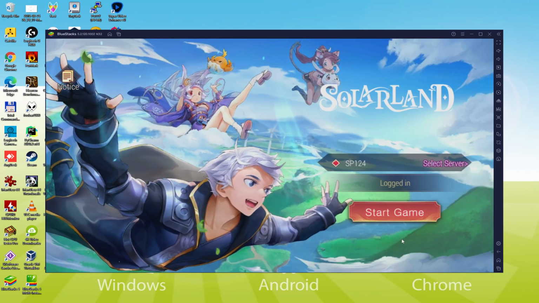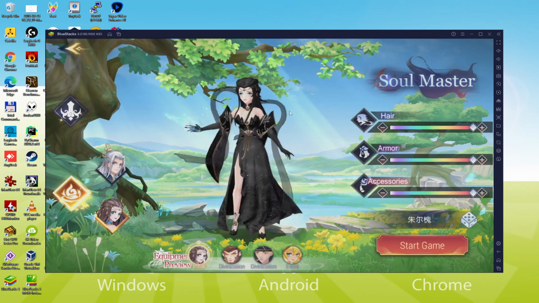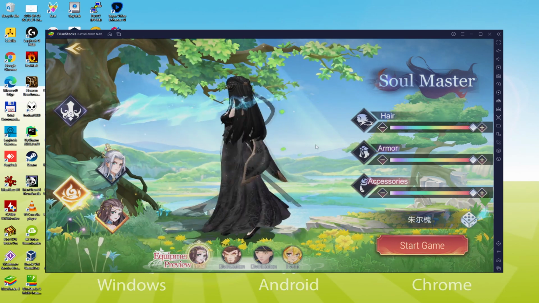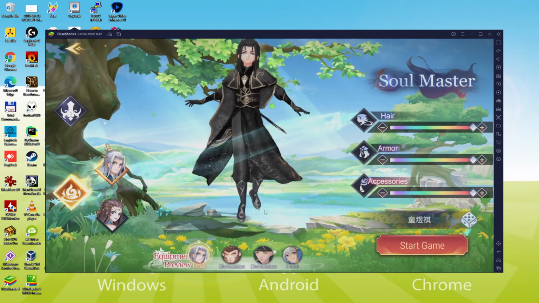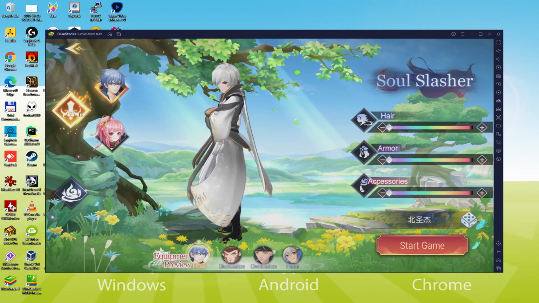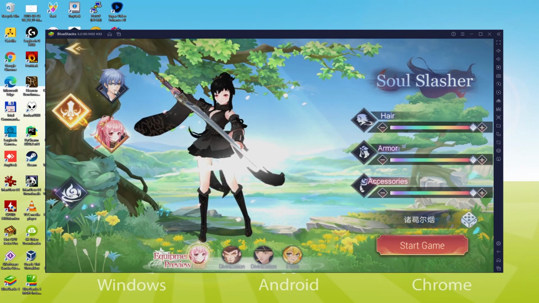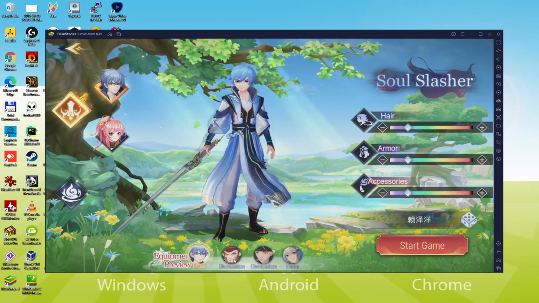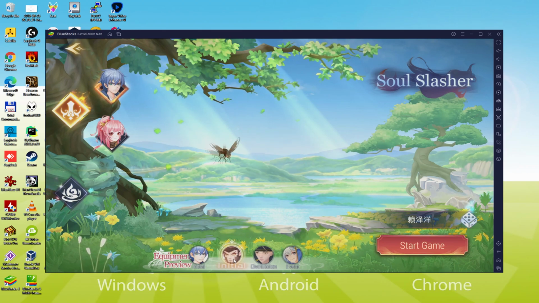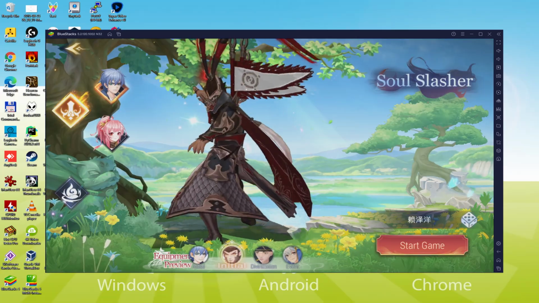Today we are going to see how to play Solarland on PC using the brand new BlueStacks 5, that is designed for blazing fast speed and high-octane action. It packs a punch with mega performance upgrades and it has faster performance than any other high-end Android device or Android platform. We will be able to easily download and install Solarland and enjoy the game on our Windows PC with keyboard, mouse and big screen thanks to BlueStacks 5, which is the Android emulator that we recommend to play Solarland. So without further ado, let's get to it.